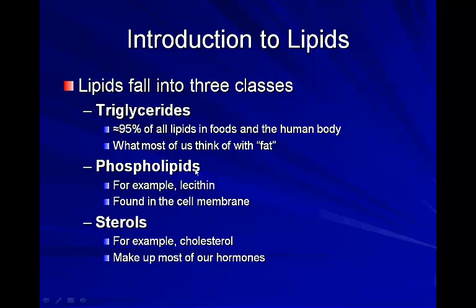Phospholipids, just like the name says, have a phosphate group and a lipid group that make up their structure, and they are very important when we look at structural components of the cell membrane. If you think back to any basic general biology course you may have had in high school or college, the phospholipid bilayer is the major structural component of our cell membrane, and that helps to regulate what goes in and out of the cells. So phospholipids are very important in our cellular structure.